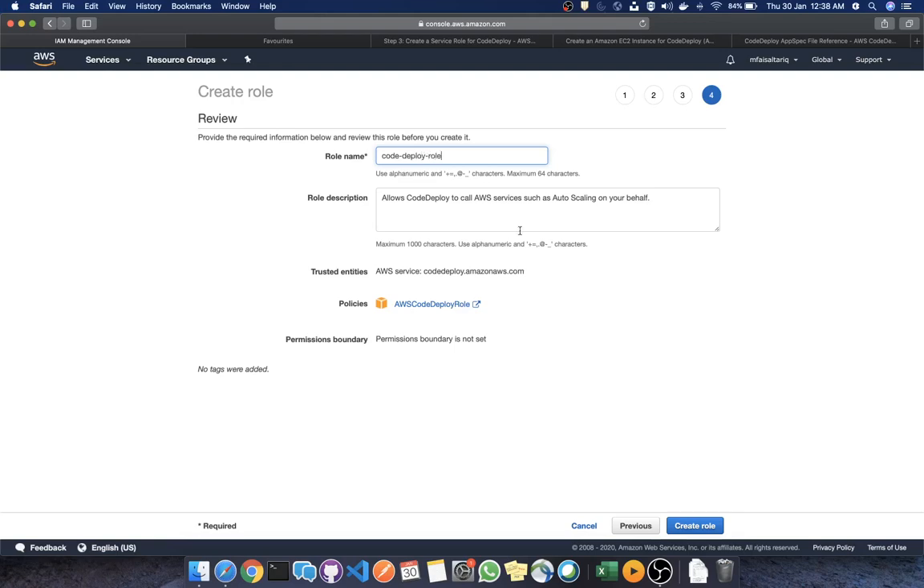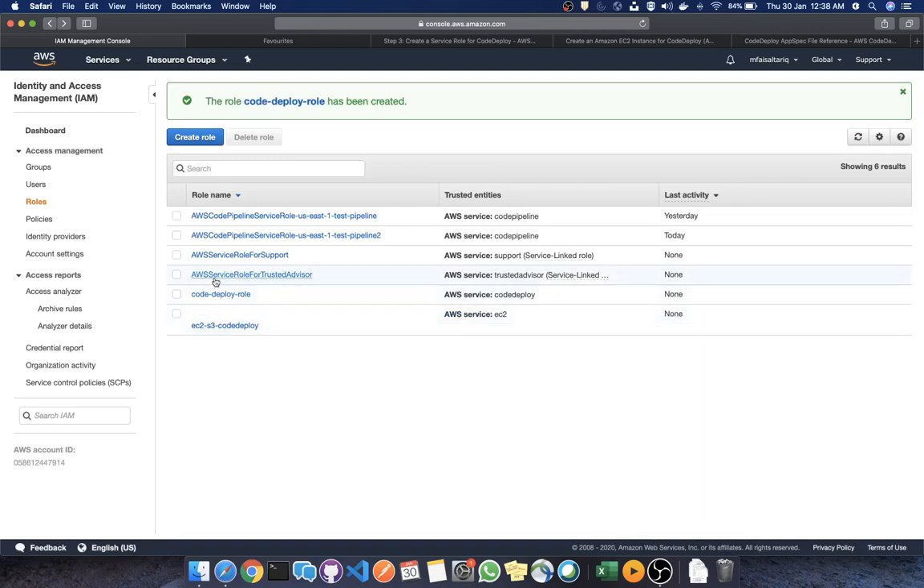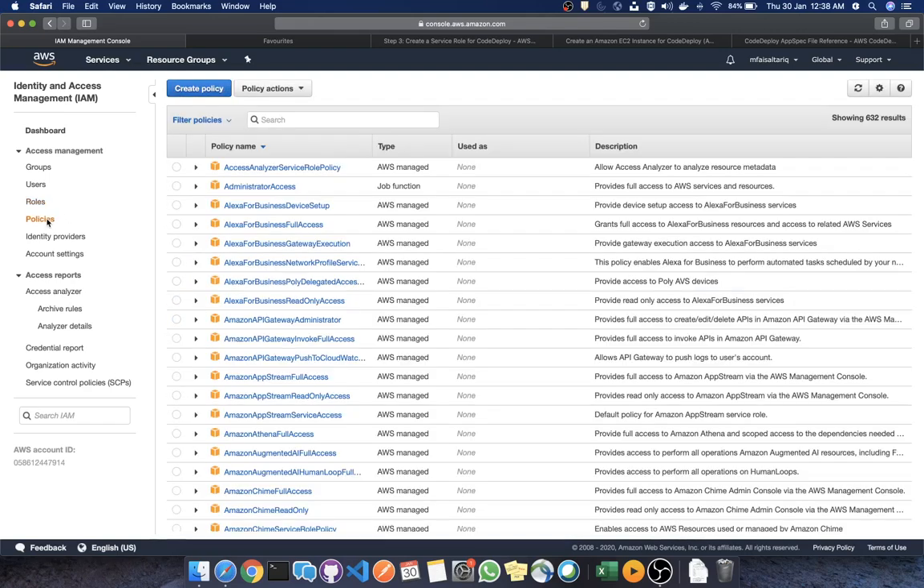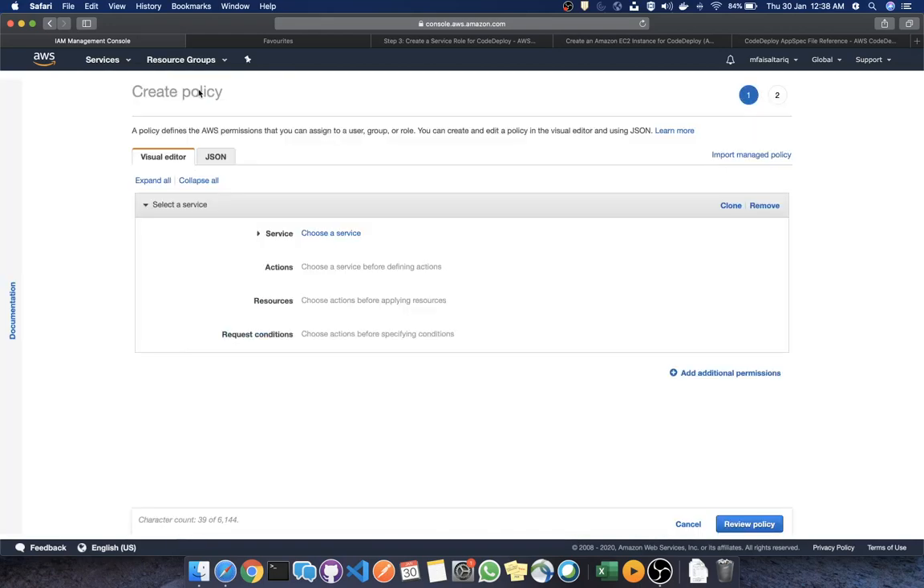and then I'll create a code deploy role over here and create a role for this as well. And now you can see that both the roles appear over here, and after that we need to create a policy. So if I come over here in the policies, and I'll go into create policy,